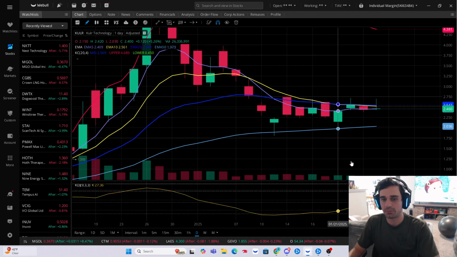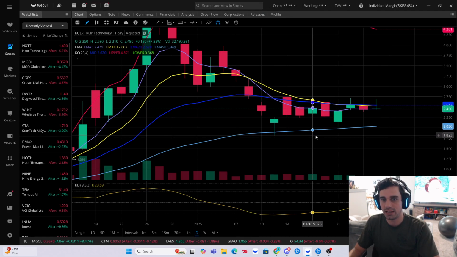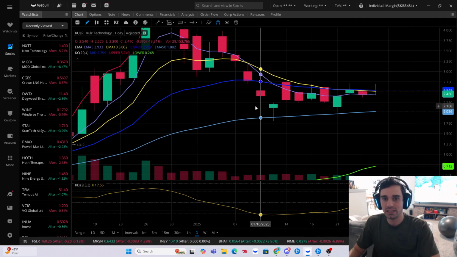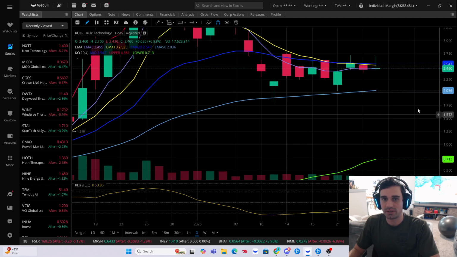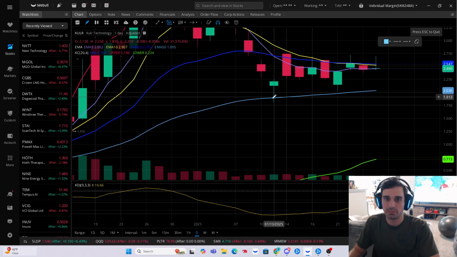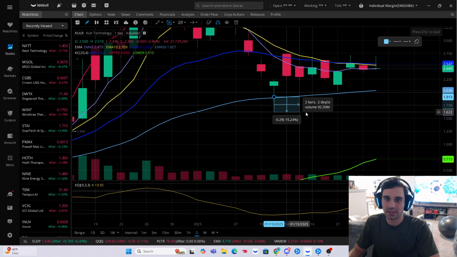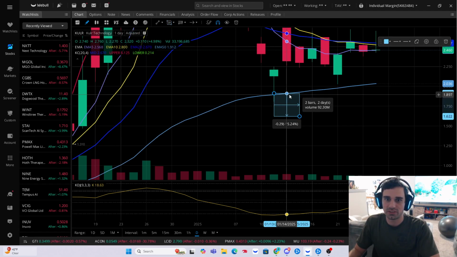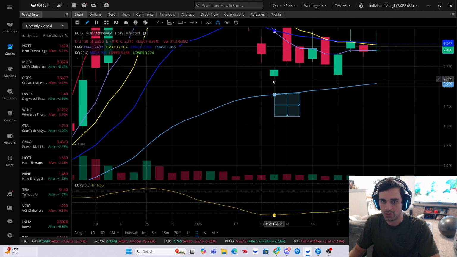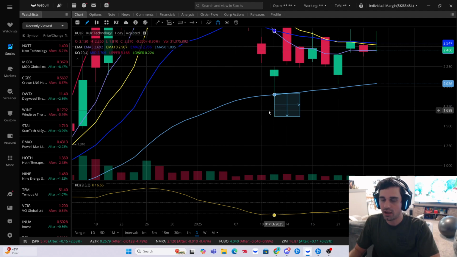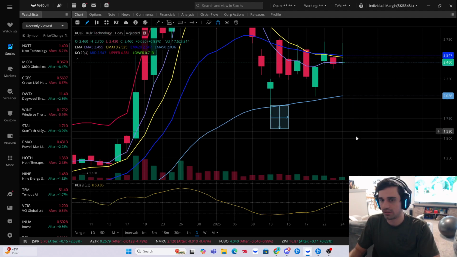Did I catch the absolute bottom? No. It went to 1.83, but that's not the point. The point is that we're taking a sizable risk here. And what is my stop loss? My stop loss is always going to be 15%. So yeah, if KULR went down 15%, and it was a body of a daily candle close, not a wick. So if this candle right here closed at the end of the day under 15%, I would take it out